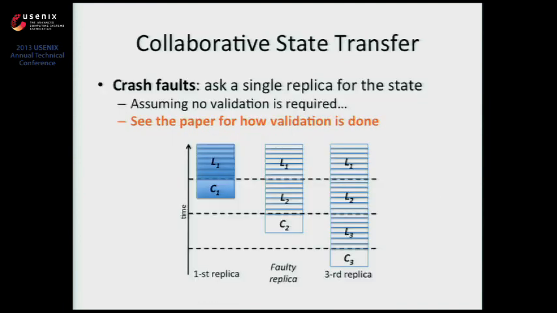The final solution is called collaborative state transfer, okay? The basic idea here is to deal with the problem of checkpoints. To solve the problem of synchronized checkpoints, I created a problem for state transfer, okay? Now I need to solve it. If I'm assuming that no validation is required, there's no problem at all. I can ask one of the replicas, probably the one that did the checkpoint most recently, and get the state and the log. Note that now I will probably always have a small log to reply, because I have several replicas doing checkpoints at different points, okay?